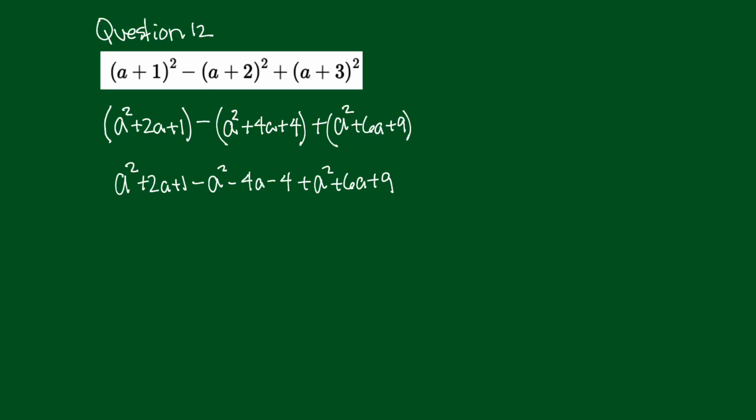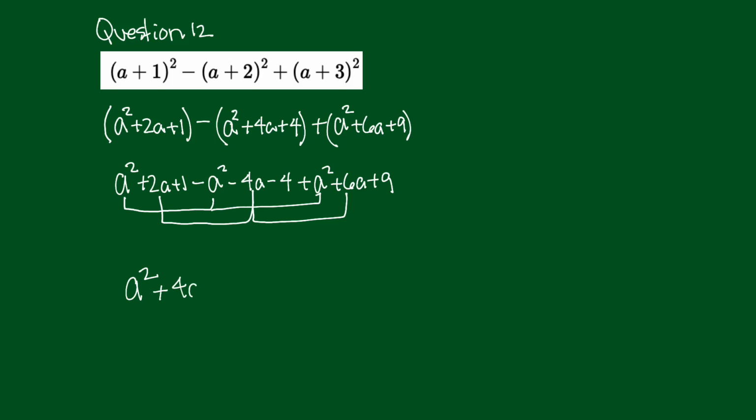Now combine like terms. A squareds, there's 1 here, then I lose 1, but then there's 1 more over here. So like I started with 1, I lost it, and then I got it back, so I got an a squared. Now what about a's? I've got 2 of them here, I lose 4, so 2 minus 4, I'm down 2, and then I get 6 over here. So I'm down 2, I get 6, so I'm up 4. Or if you just want to think of it this way, 2 minus 4 is negative 2, plus 6 is